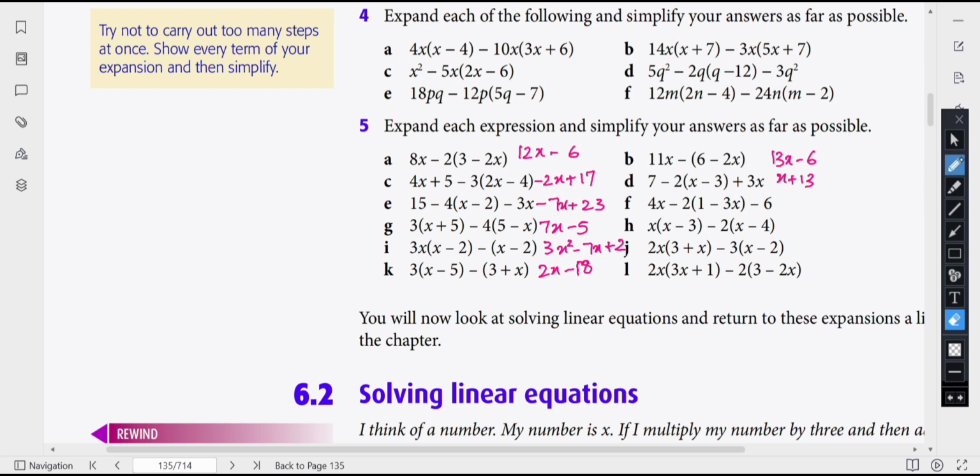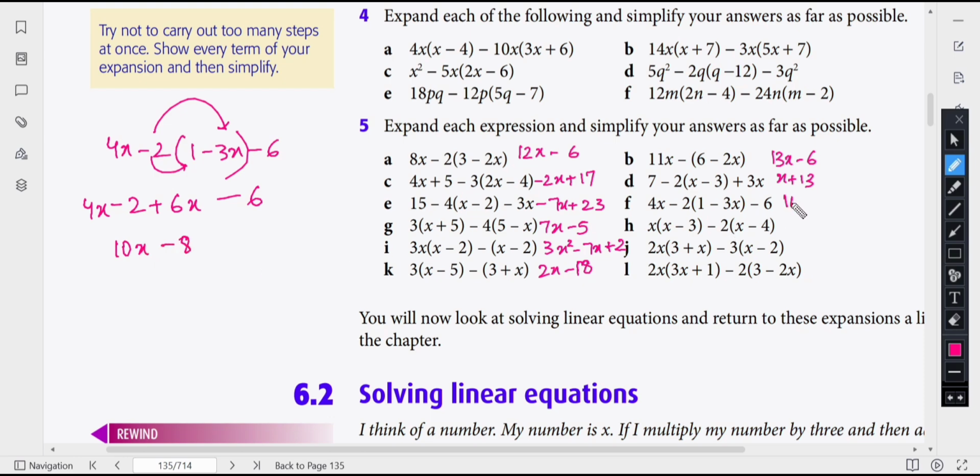उसके बाद हमारे पास नेक्स्ट है 4x minus 2(1 minus 3x) minus 6. 4x as it is, minus 2 will be multiplied by inside, it will become plus 2 into 3 will become 6x, और फिर माइनस सिक्स बाद वाला हमारा एज इट इज आता रहेगा, क्योंकि वो एग्जैक्टली मल्टीप्लाई नहीं हो रहा है, क्योंकि वो ब्रैकेट के अंदर नहीं है। तो ये हमारे पास 4x प्लस 6x बन गया 10x, माइनस सिक्स माइनस टू माइनस एट हो जाएगा, तो 10x माइनस एट हमारा यहाँ पर आंसर आ जाएगा।